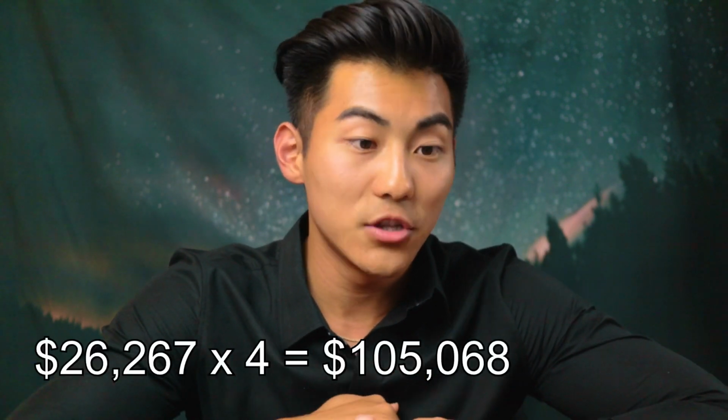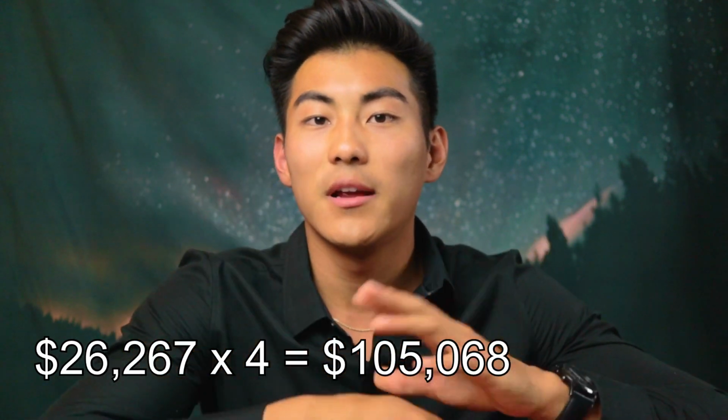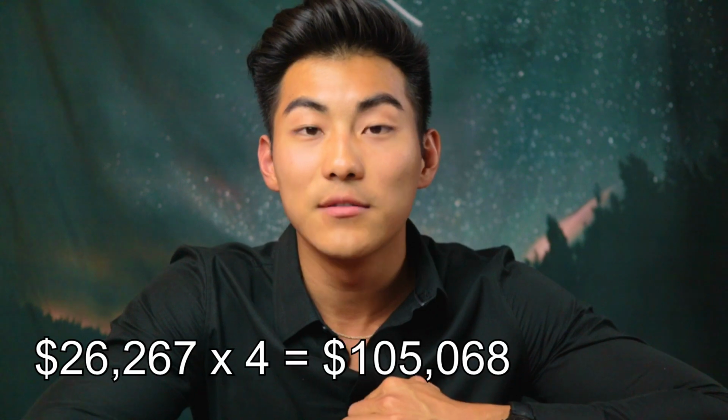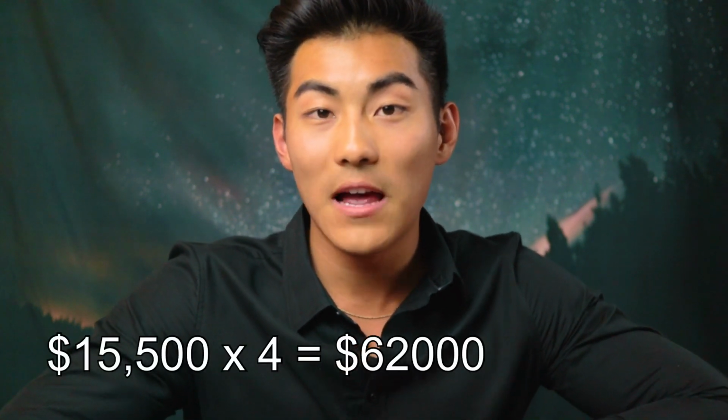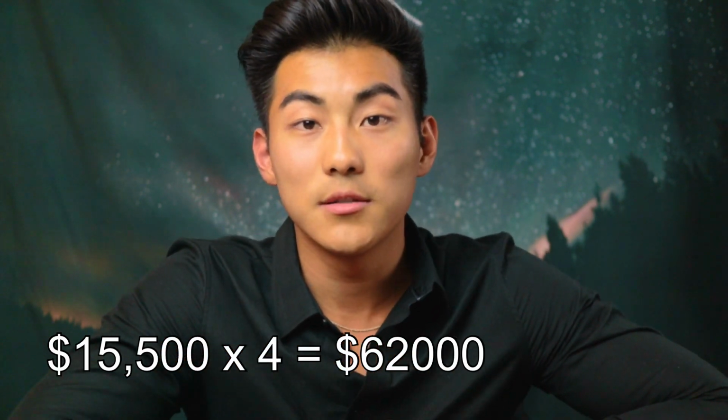So on this spreadsheet, the cheapest school to go to was Southern Illinois University School of Dental Medicine, and this is the breakdown of cost. So we have $26,267 going to tuition and fees, and over a 4-year period, the total is $105,068. Then we have the cost of living, which is $15,500 per year for a 4-year total cost of $62,000. That gives a total cost for the 4 years of